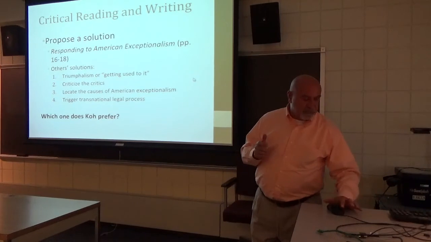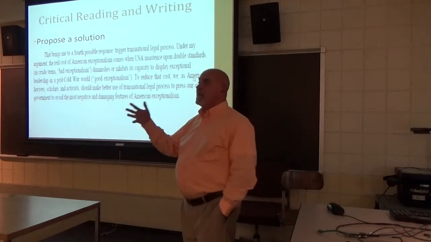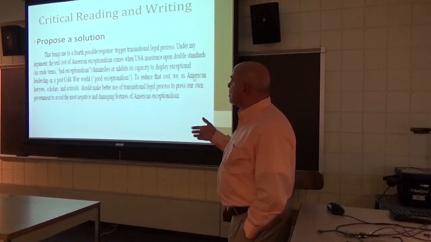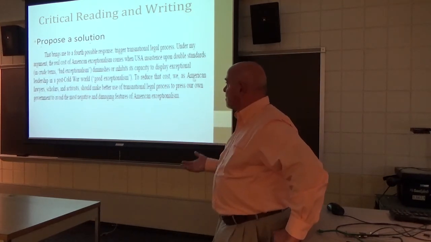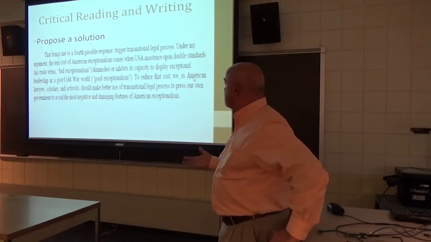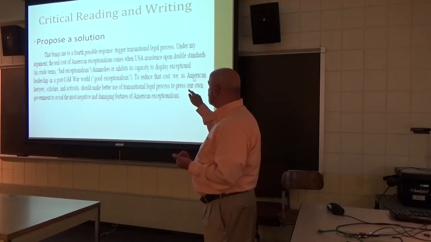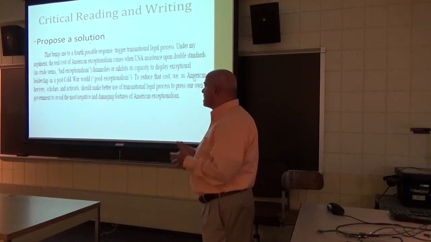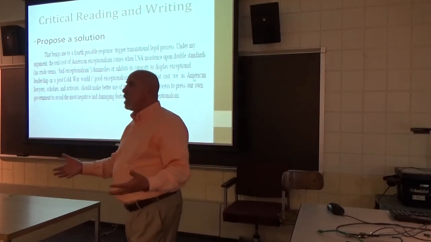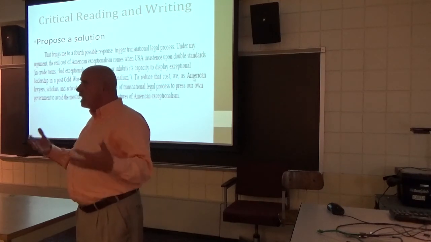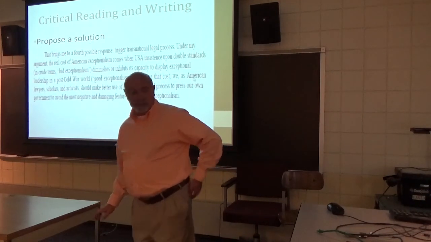So we know he prefers transnational, and he says, that brings me to the fourth possible response, one that he proposes. Under my argument, the real cost of American exceptionalism comes when the USA insists upon double standards. In crude terms, bad exceptionalism diminishes or inhibits its capacity to display exceptional leadership, and so on. And he argues that this transnational legal process is used to press our own government to avoid the most negative and damaging features of American exceptionalism. Not to avoid American exceptionalism, there's reason why we feel that we are exceptional. And we are exceptional on many fronts. But we need to avoid the negative and damaging features of it. Okay, so